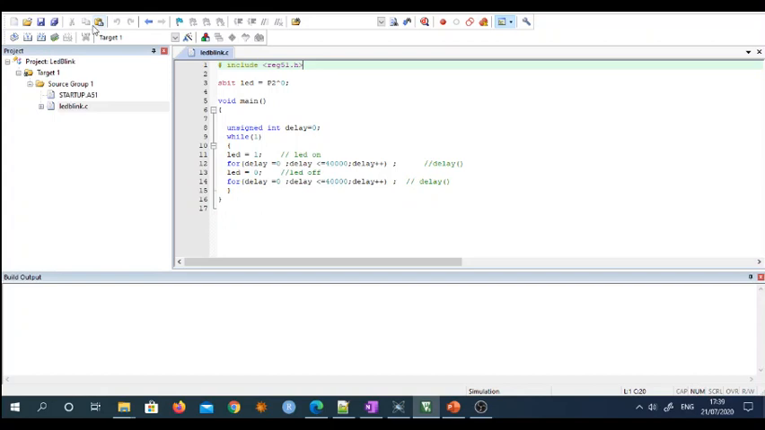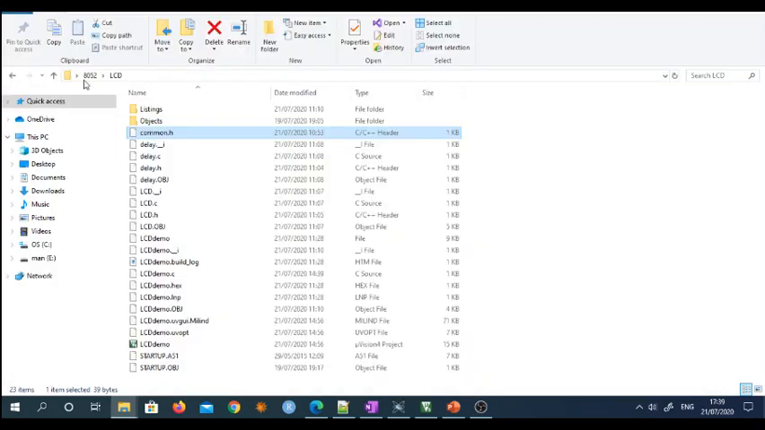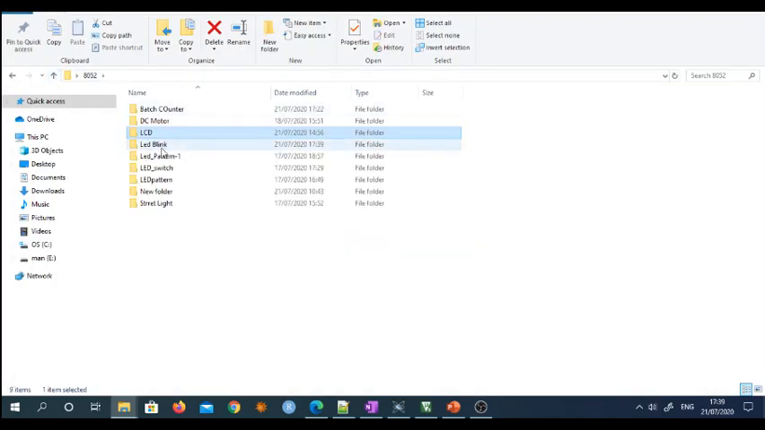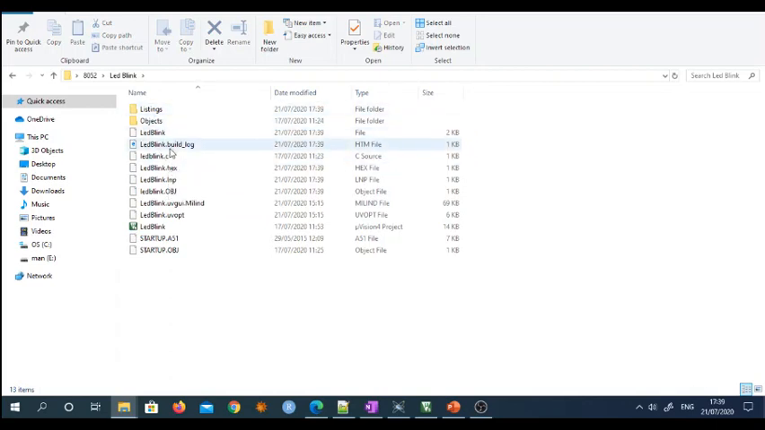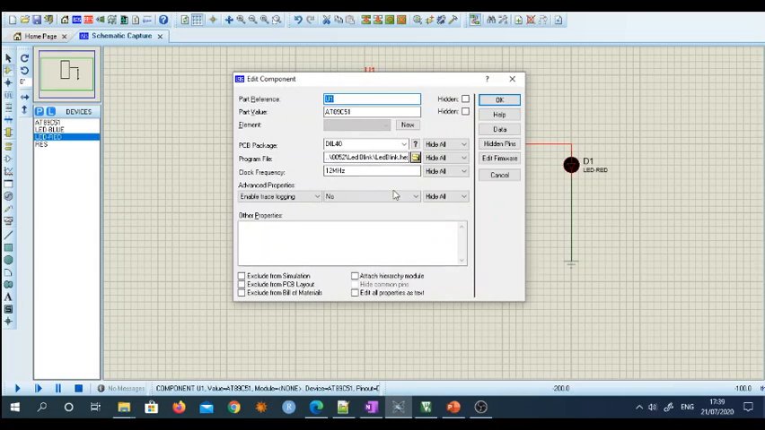Okay, so when this program is completed, you just build this program. After compiling, you will observe there are 0 errors, 0 warnings. Then you compile and build. After compilation, you will observe that a hex file is created. So I have already made a folder here in which I have saved all these files. So here LED blink is my folder, and in this LED blink is my main project, and this hex file I have generated already. So I will go back to the Proteus, and now I will flash this hex file